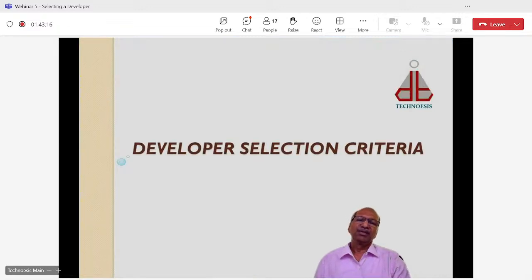So we have covered the process of selection of a developer. The point still remains: Developer को कैसे select करने का समझ में आ गया, but what are the criteria? The process we have understood, but who is going to be my developer? How do I select him? What should I look into